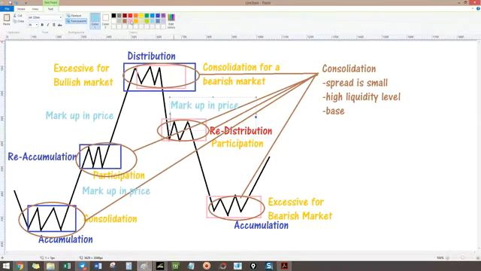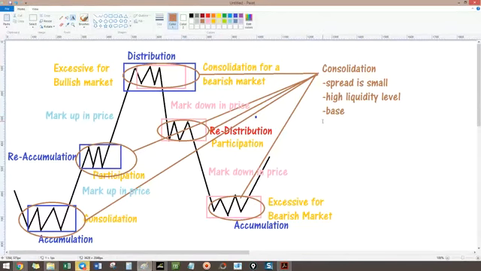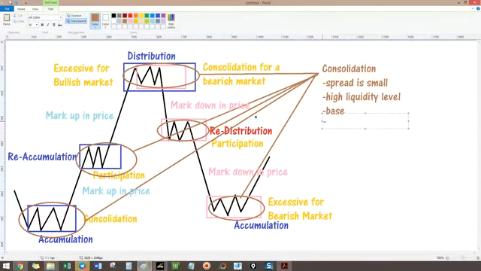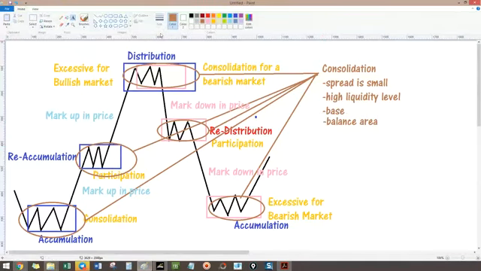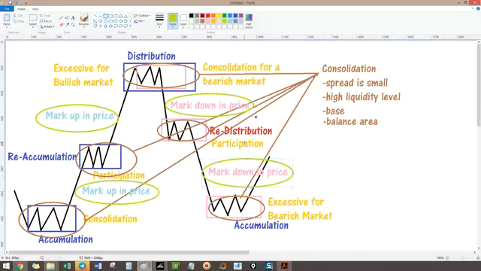And over here is markdown. And markdown, I need to add some words here. It's also a balance area. Okay, so I need to mark this. Wait a moment. All right, this one, this one, and this one, and this one. Okay,